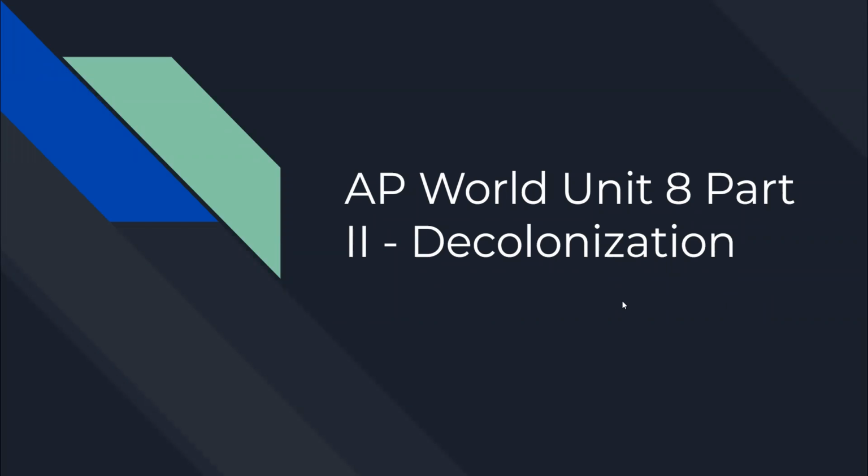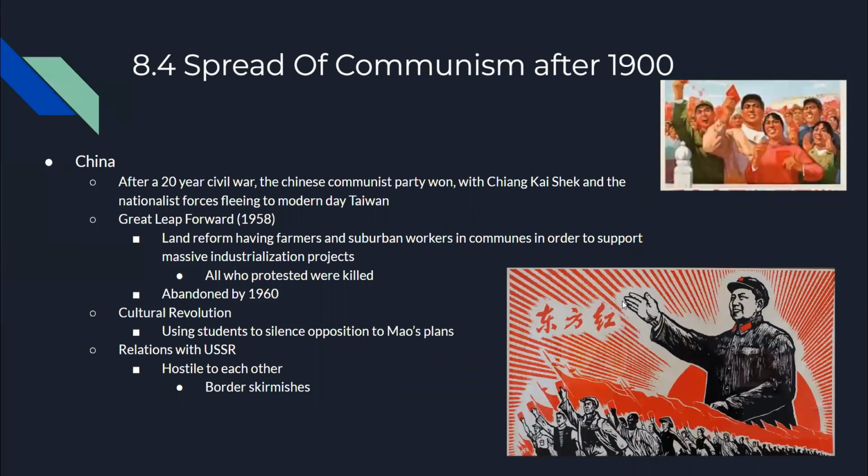So let's get started. 8.4, Spread of Communism After 1900. The first place that we're going to see is China. After a 20-year civil war in China, the Chinese Communist Party won, with Chiang Kai-shek and the nationalist forces fleeing to modern-day Taiwan. After this, Chairman Mao of the Chinese Communist Party decided to work on social